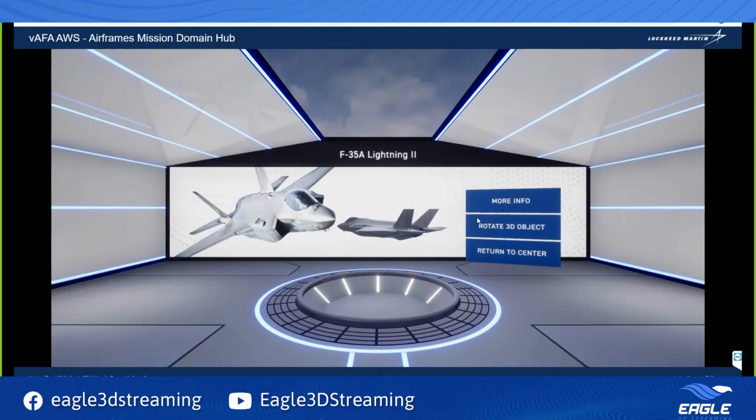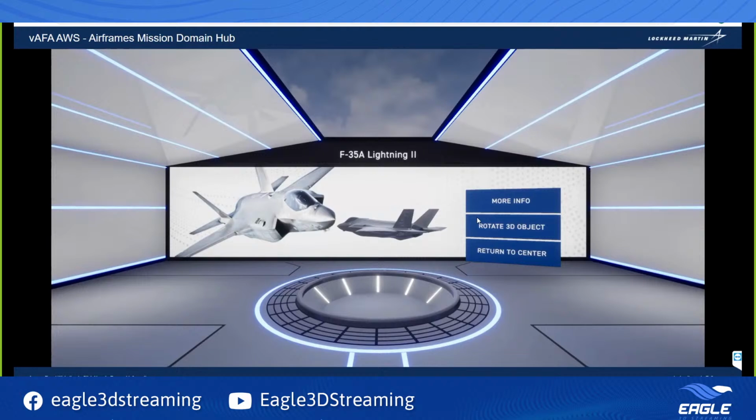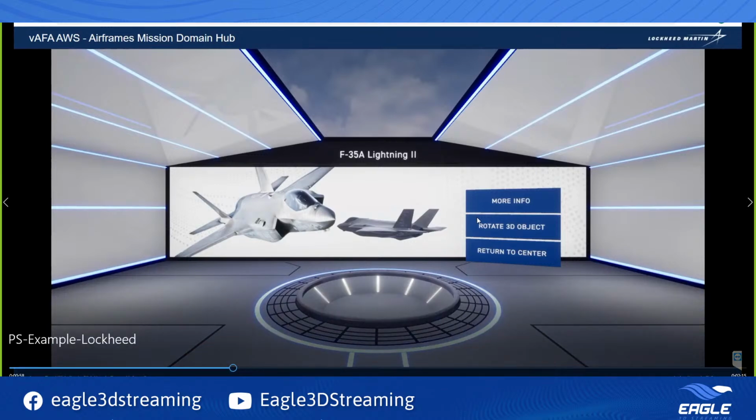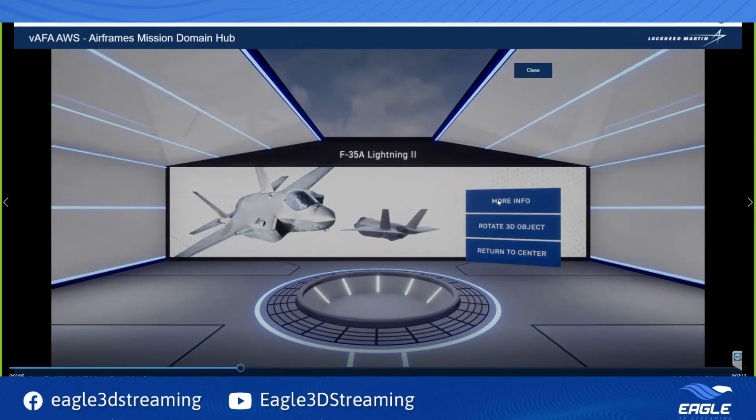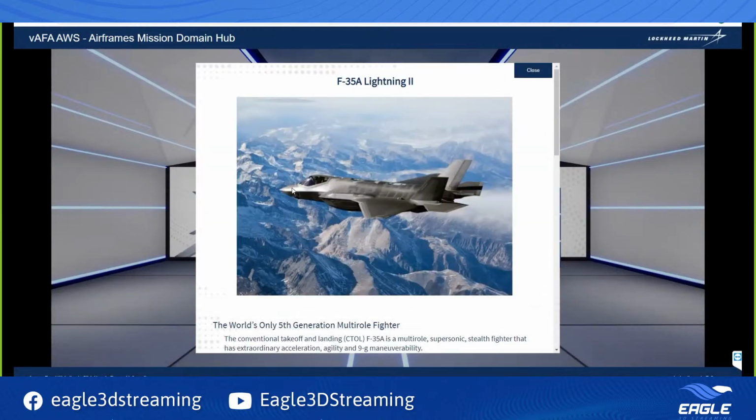Well, just to make sure our audience is clear and I'm clear, right now, this is totally UE4, right? Yes, this experience. This more info button is inside UE4. Yes. And then you click on it, and it brings up an iframe.